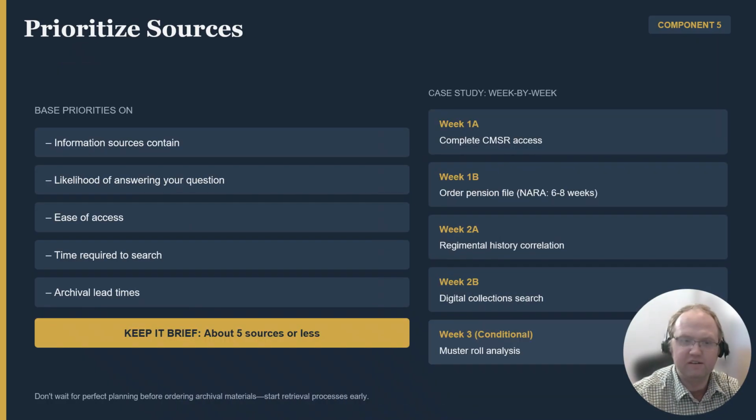So component 5, prioritizing sources. Effective planning versus overwhelming lists. We don't have unlimited amounts of time, particularly when you are on the clock. You can't look at absolutely everything all the time. Sometimes you might only be able to get partway through a list, so knowing how to effectively plan involves prioritizing